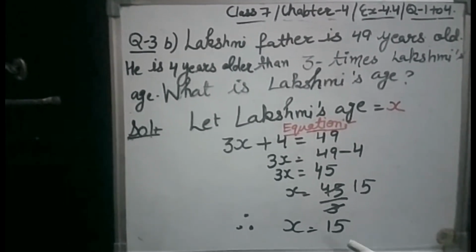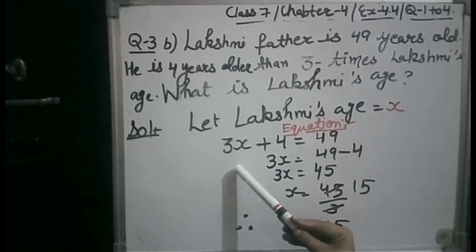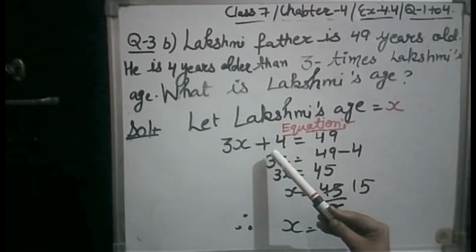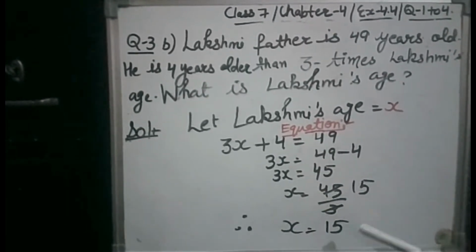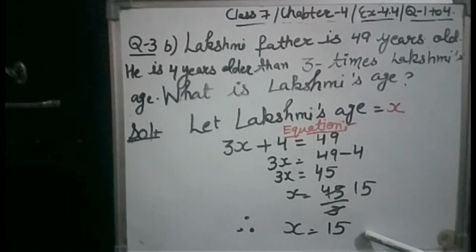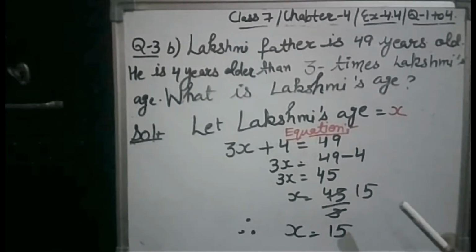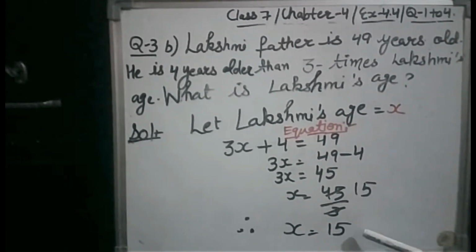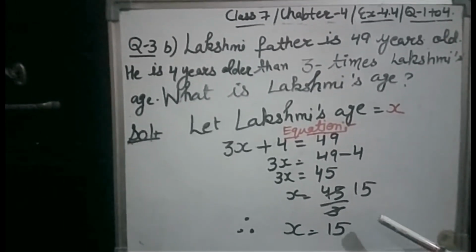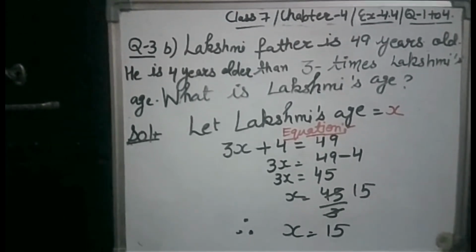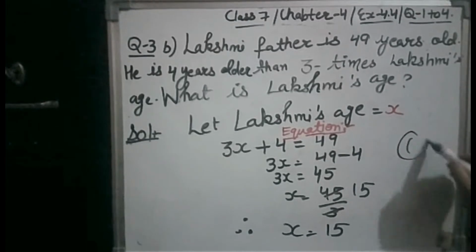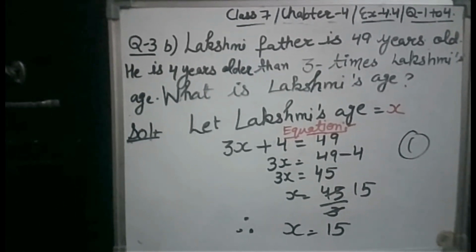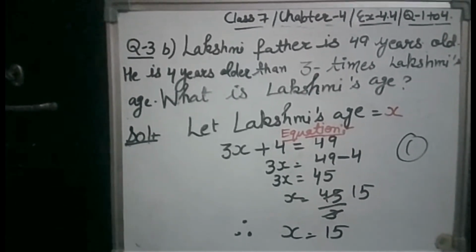Students, when you put this 15 over here, you will see the sum here is only 49. It means your left hand side is equal to right hand side. It means our answer is correct. You can cross check also. This is the good thing in mathematics, that you can cross check your answer by yourself. Okay, so this is all about your B part. Now the homework question, you have only C part of this question. Now moving forward, our last question, question number 4.